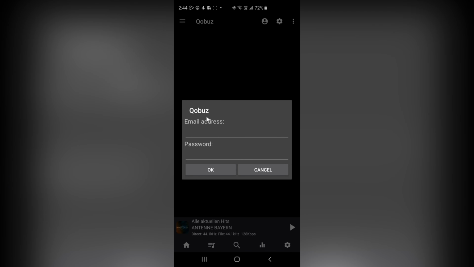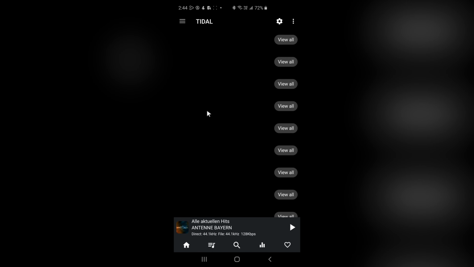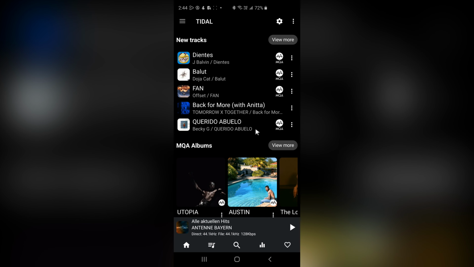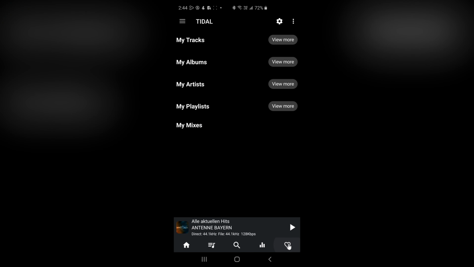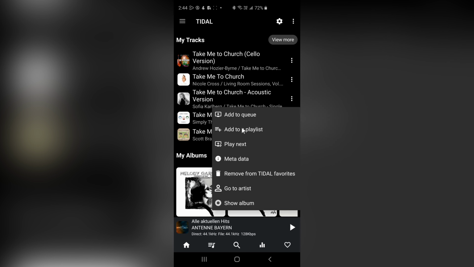So I don't use Qobuz, but I do have a Tidal Hi-Fi account. Keep in mind that you'll only be able to use the Tidal integration of this app if you have a paid Tidal subscription. So if you're using just the free version of Tidal, you won't be able to play music via Tidal through this app. The other thing is, you can't really download music through Tidal on this app. In other words,